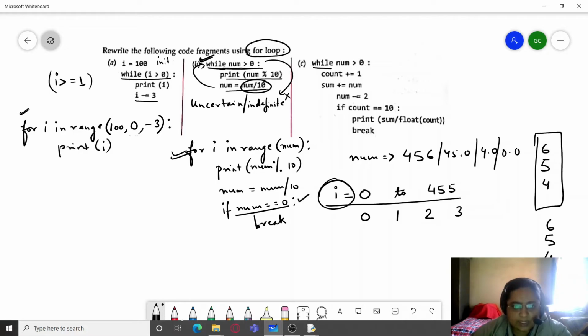So inside the for loop itself, the break statement will be executed, and hence our answer is the same. i doesn't have to reach 455.